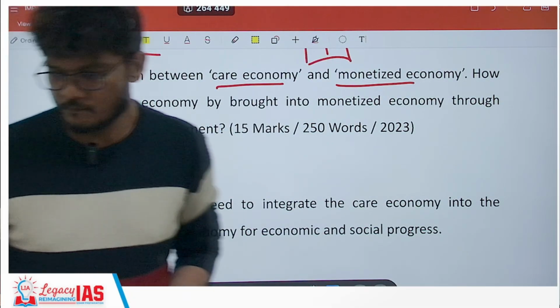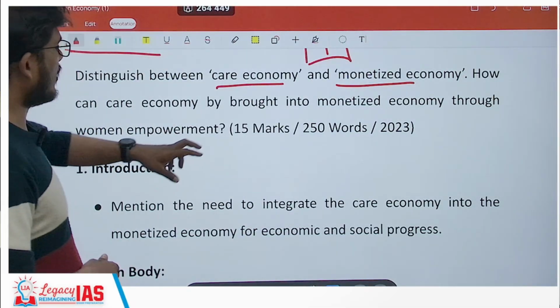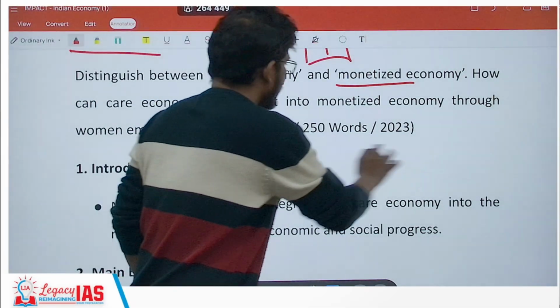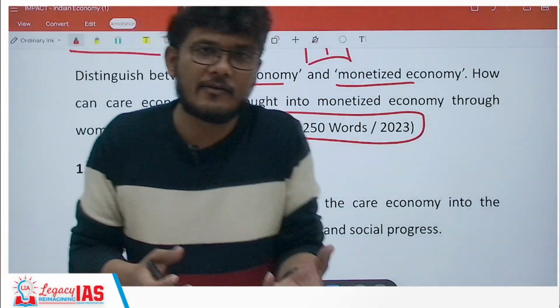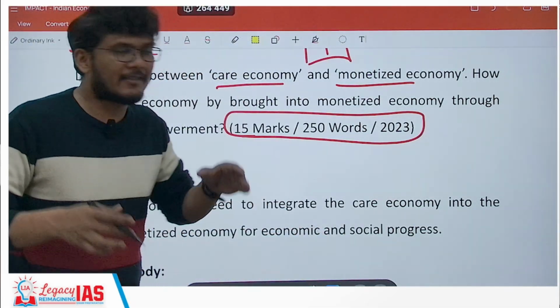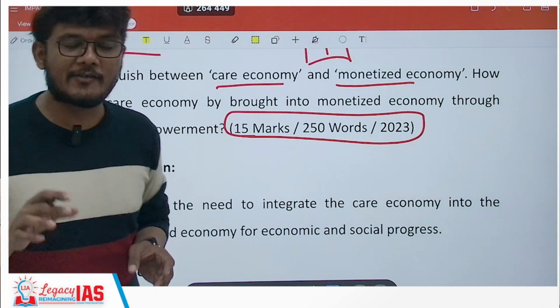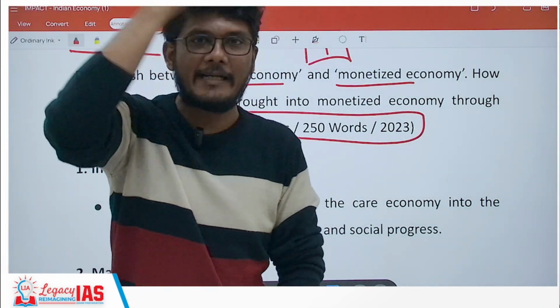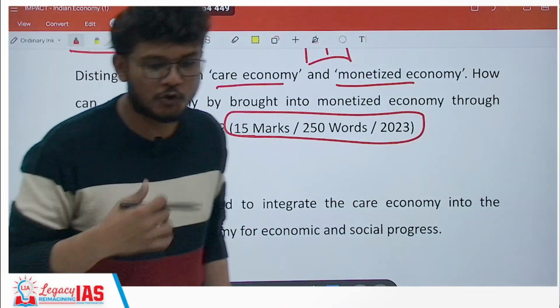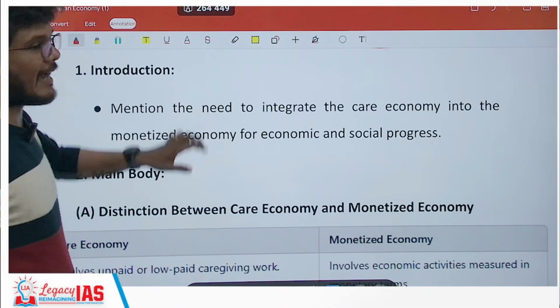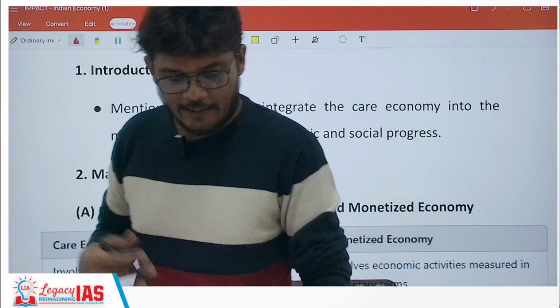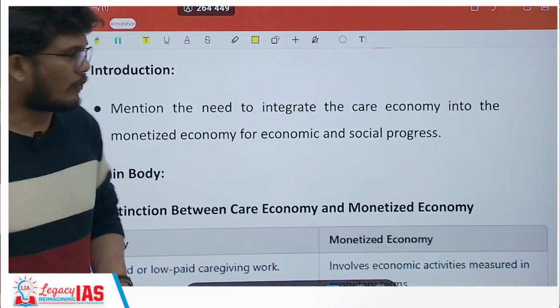So in this also, since it's of course a 250 marks paper, the introduction can be something else. You need not directly attack the answer. However, it does not mean the introduction has to be completely unrelated. It should at least still set the tone for the entire answer or the coming answer. Absolutely right. So I hope that's clear.